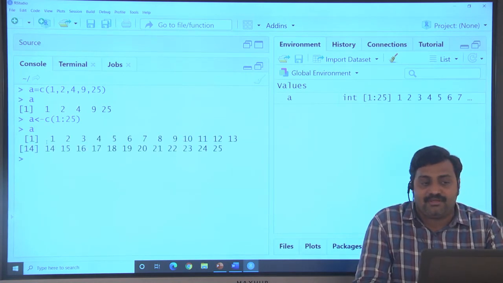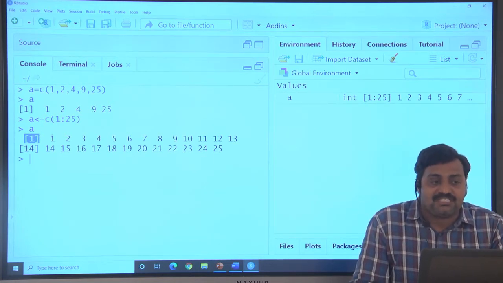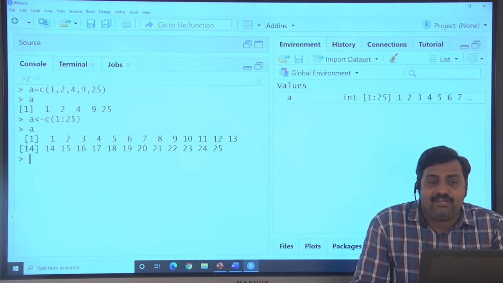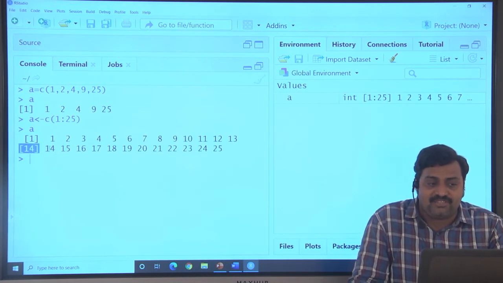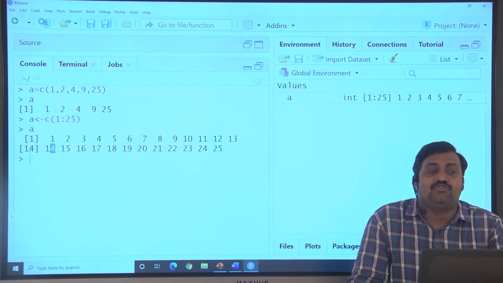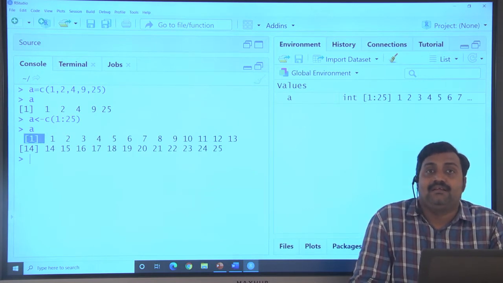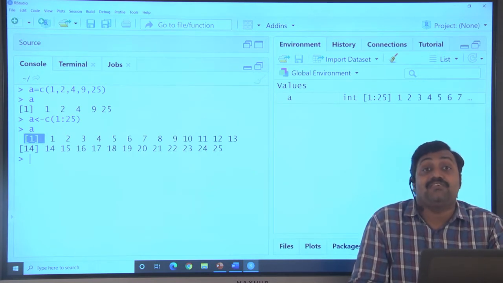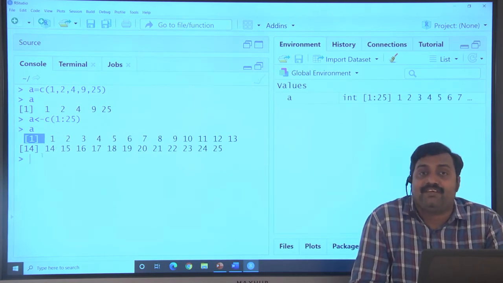The first line shows the starting index position is 1, and when that window ends, the next line starts with index 14, which means this value is at index position 14. That is the indication of the bracket in R. That is the advantage: we can easily identify the index position of any nth line at the beginning.